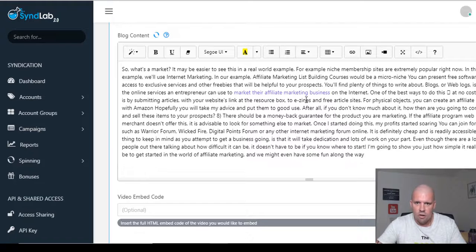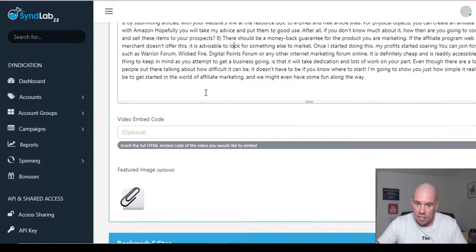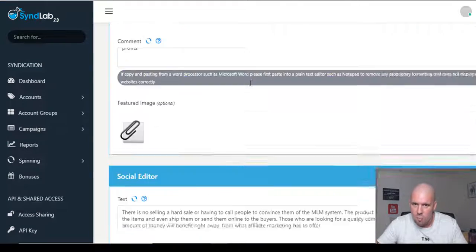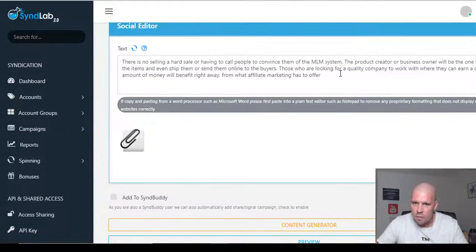Even if you change a lot of this around, you can make it good, you can make it readable, you can make it interesting. Some Web 2.0s are more fussy than others. For example, Medium, I had 3 Medium accounts, they got blocked because I sent bad content to Medium. So I'd be careful with this. It is handy to have, to get ideas, to get pictures, but don't